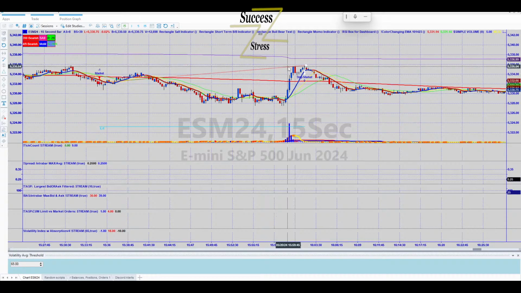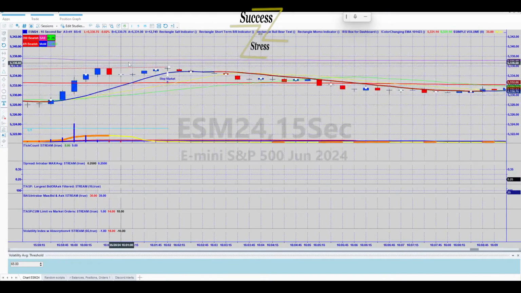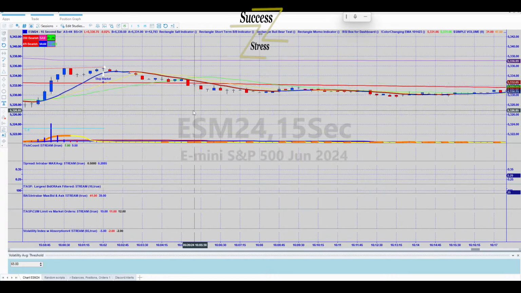And it went right up to 5333.75. That is crazy. I mean, to the tick. But now, if we were one tick on the other side, it would not have taken us out.